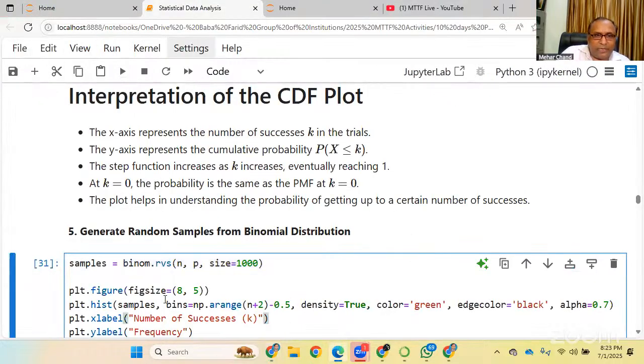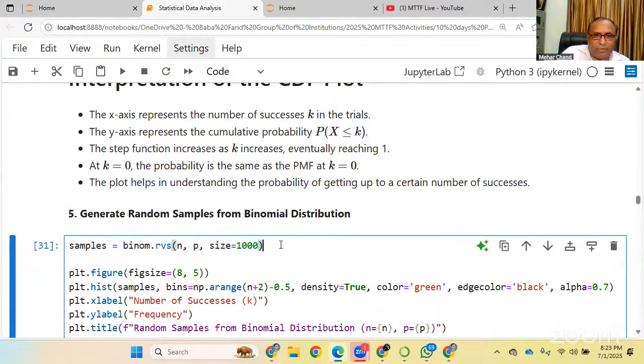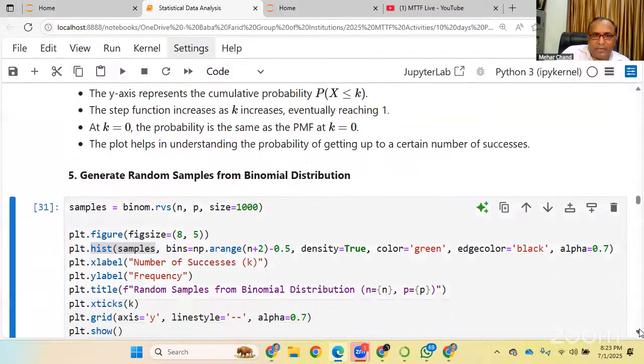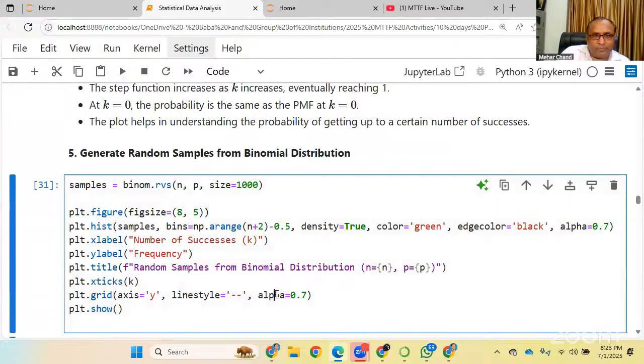Okay, so here we have the samples generated by using this statement, and the other statement which you can see is the same, just to visualize. And here we have the hist plot for samples. Okay, and then when we execute,